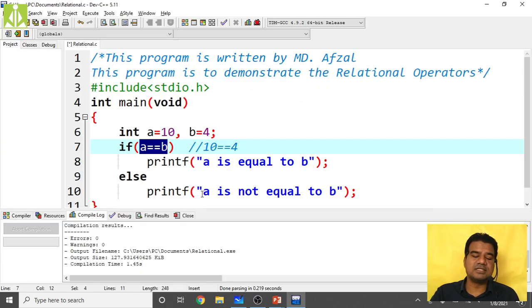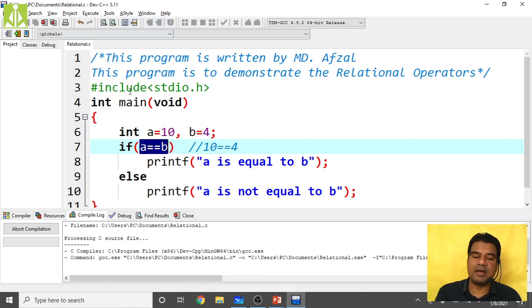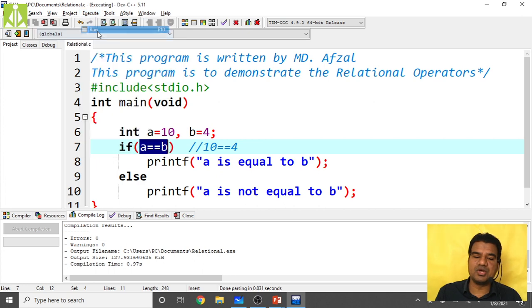But in our case, the condition is false, because 10 equals to 4 is absolutely wrong. So the false block gets evaluated and you are getting the message A is not equals to B. In that way, you are getting the program output. Compilation is over.